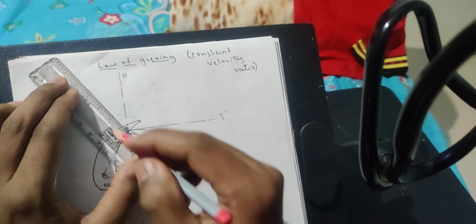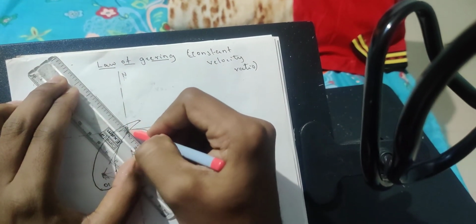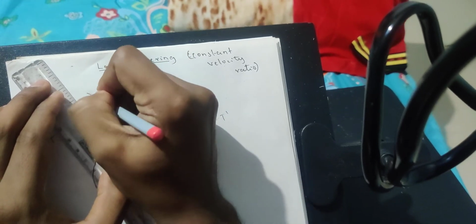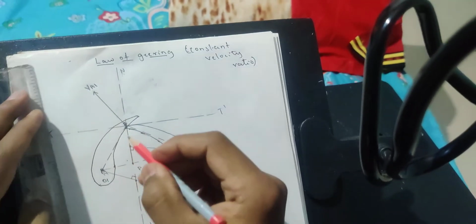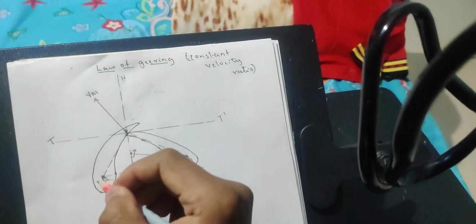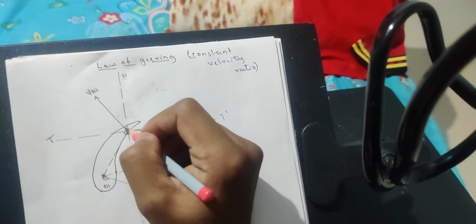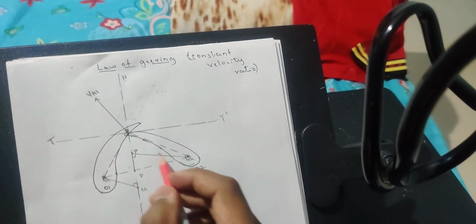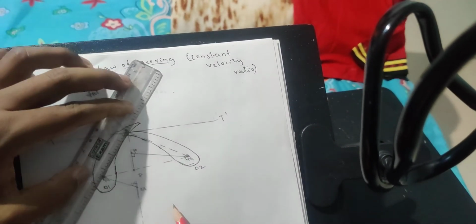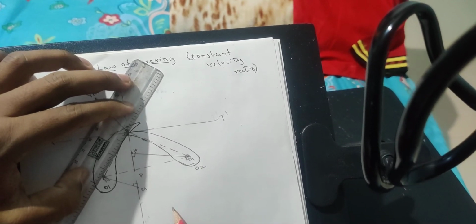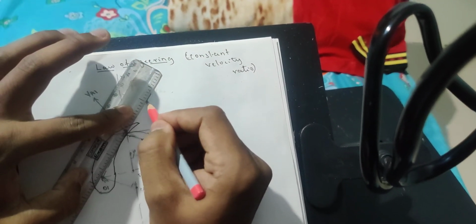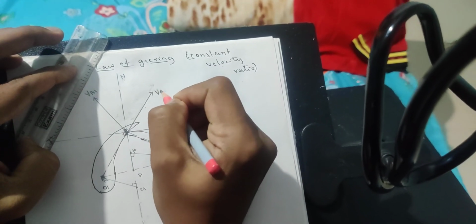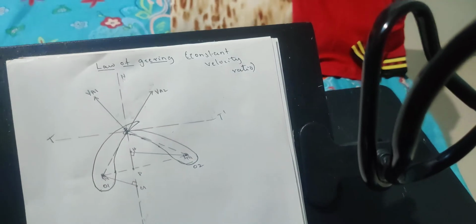So I'll draw a line showing the velocity of this particular link. I'll name this V of A1, because this is the velocity with respect to link 1. This is 90 degrees here, and I'll name it V1. With respect to the second link, I'll draw one more line about this point and name it VA2. These are the two velocities which are being generated.